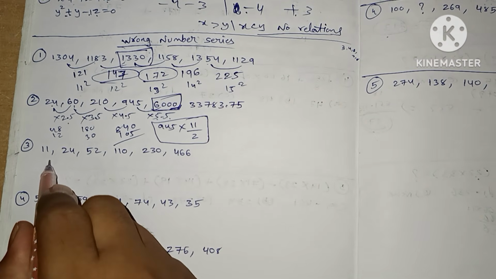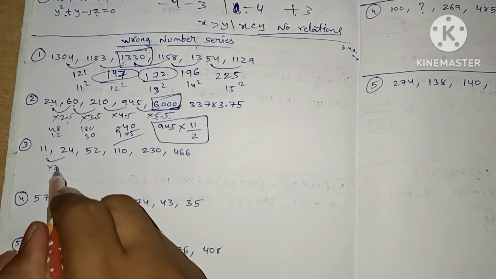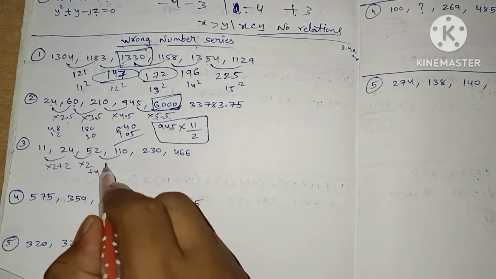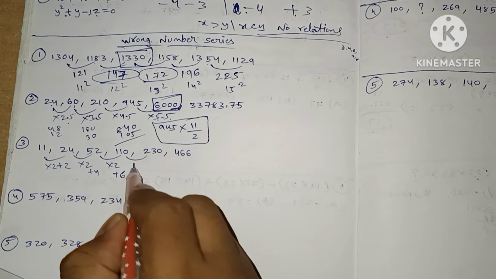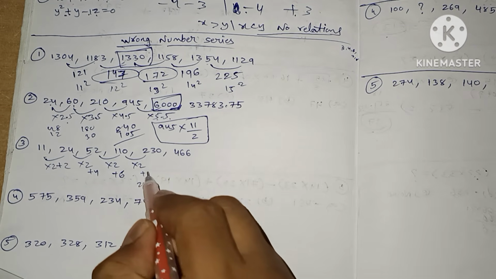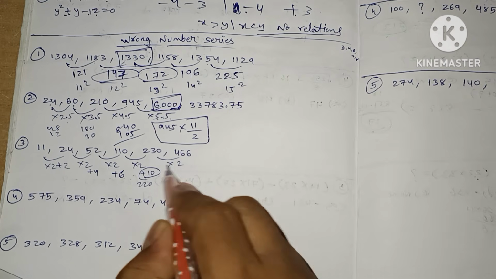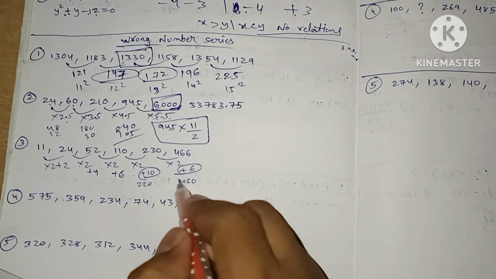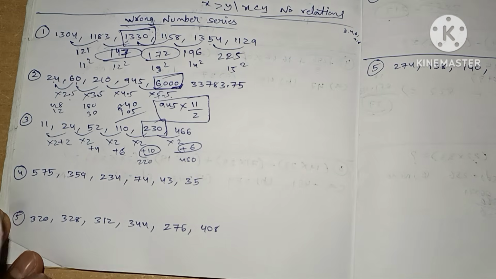Here we see into 2 times 22 plus 2. Here it is into 2 times 48 plus 4, into 2 times 104 plus 6, into 2 times, which will be 220 plus 10. So it must be 8, not 10, and it must be into 2 times, we get 460 plus 6. So these two are wrong in sequence, so in between them this is our wrong number. Okay, next, here we see